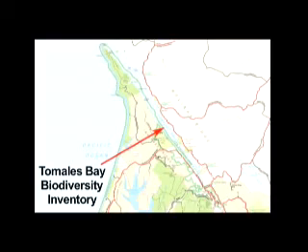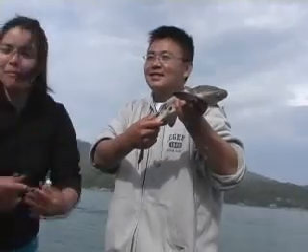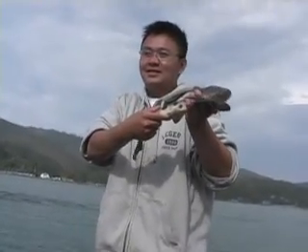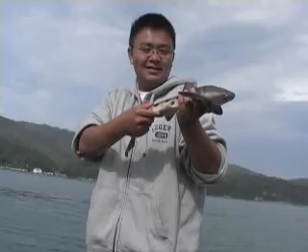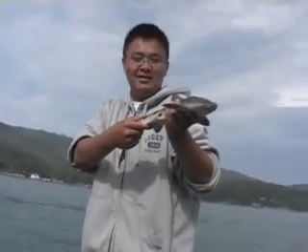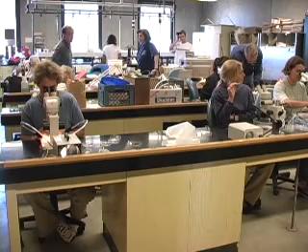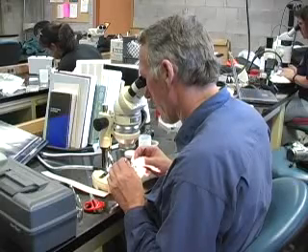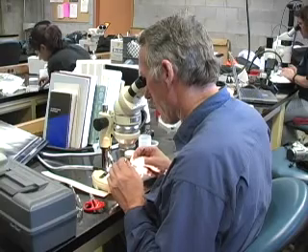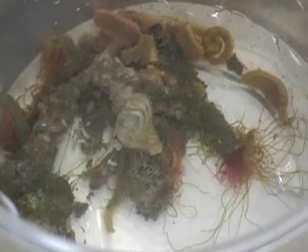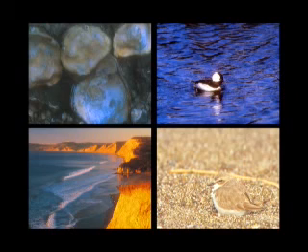What we're doing right now is an inventory so that we understand how many species are there and what their population levels are. We have groups of scientists that go out, look at a particular group of organisms, algae or invertebrates or fishes, and monitor in the field through different capturing or monitoring techniques, or collect them and take them back into the laboratory to identify some of these species that are very difficult to identify without a microscope. They can look at what species are there, and also the distribution of those species around the bay, and then we can go back later and say, are these habitats changing?